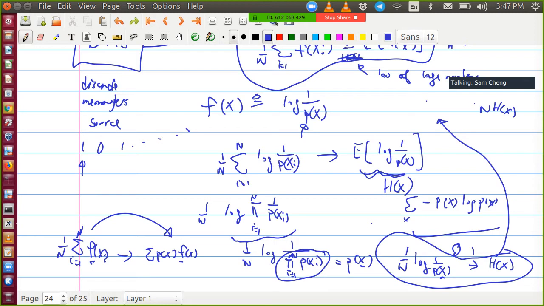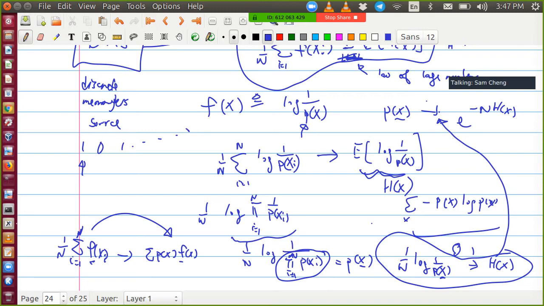Okay, we can put a minus sign first. Then basically p(x) will approach exponential minus nH(x), right? Something like that, right? Basically, I just put a minus sign on both sides. Then log 1 over p(x) becomes log p(x), and then n multiplies on the other side, so I have minus nH(x). Taking the exponential of both sides, I have p(x) approaching exponential of minus nH(x).